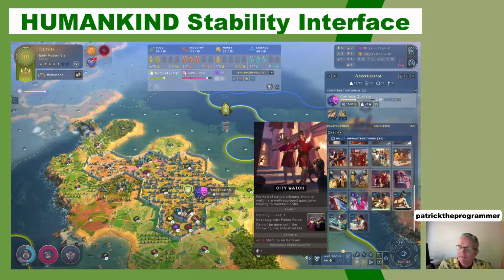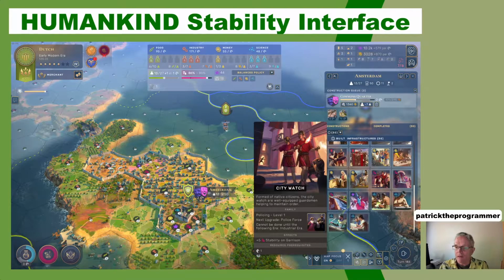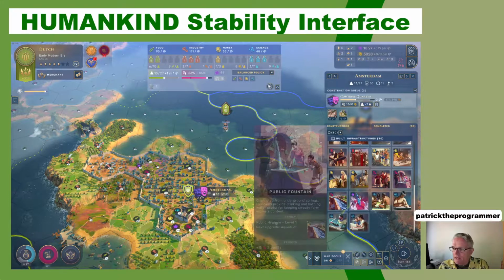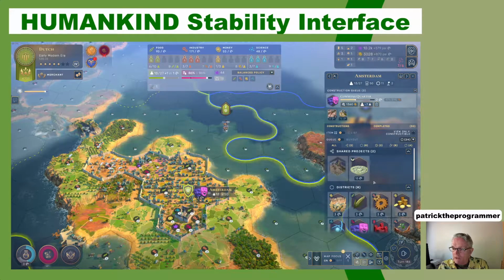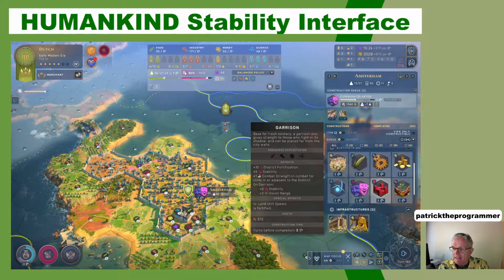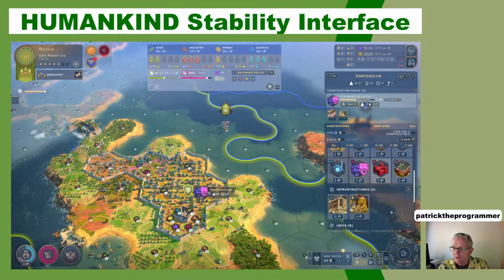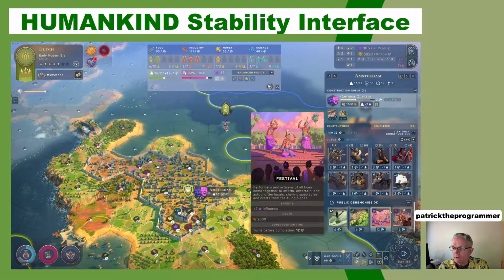Oh, that stability only works on the garrison, so it's useless to me because I don't have any garrisons. Not sure why I built that. So I've still got the fountain and the aqueduct. I'm not really sure what else I can do in this city other than building commons quarters to get the stability up. So now I have to look at